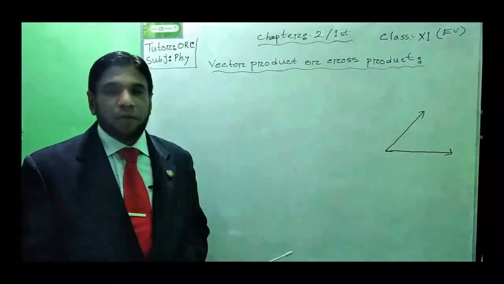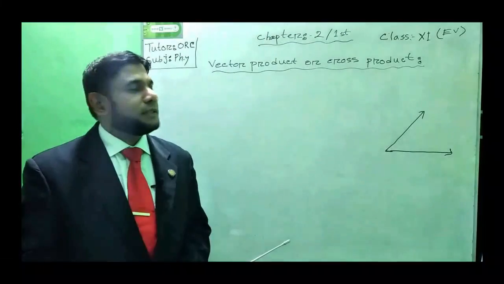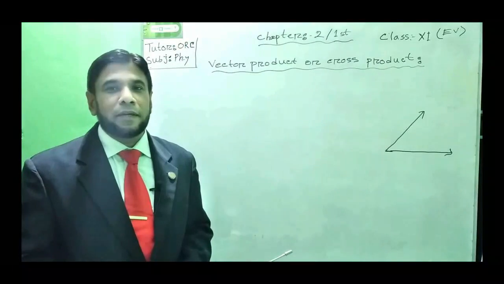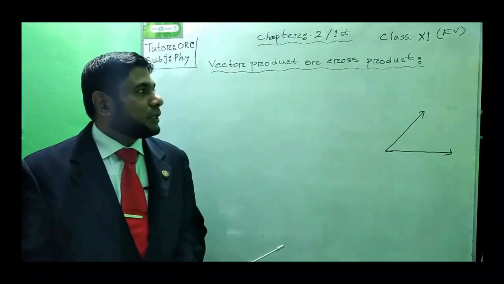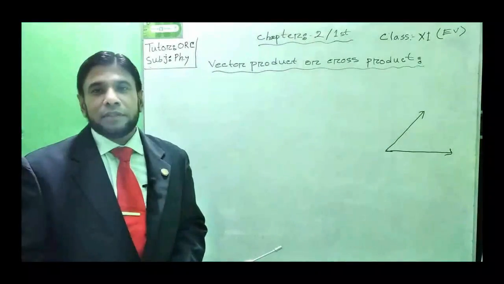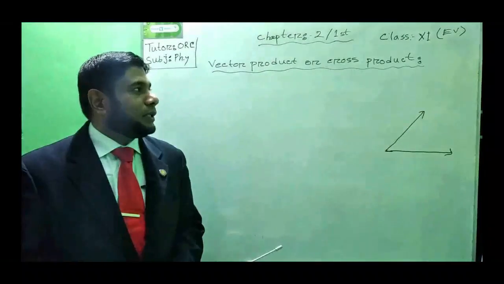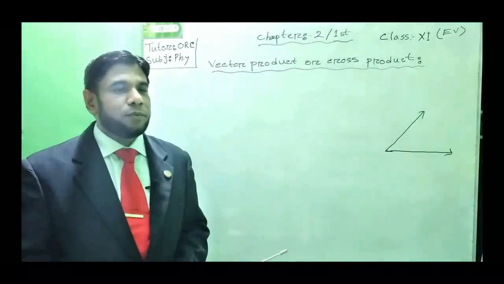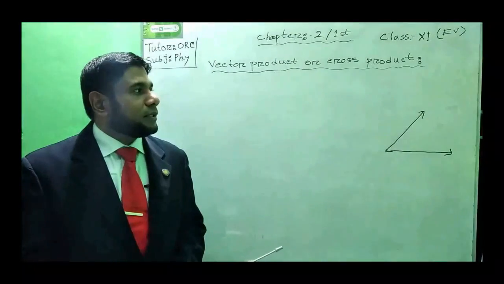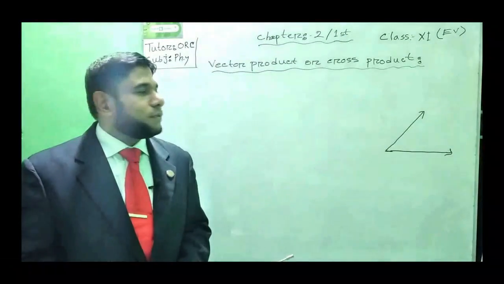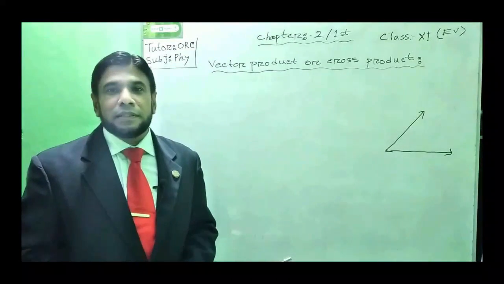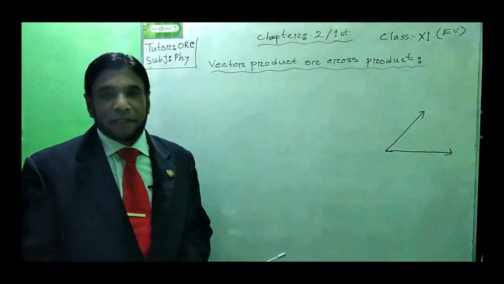First of all, you must memorize the definition of the vector product or cross product. According to the definition, the product from which we get a vector quantity is known as the cross product or vector product of two vector quantities. In this case, the magnitude of the product will be the magnitude of the first vector times the magnitude of the second vector, multiplied by the sine of the angle between them. Suppose